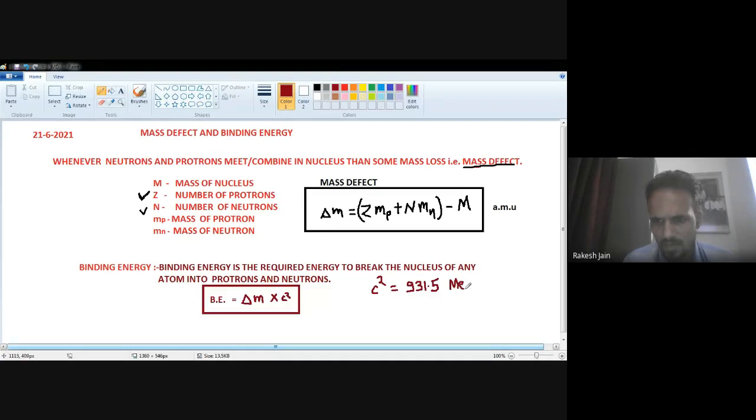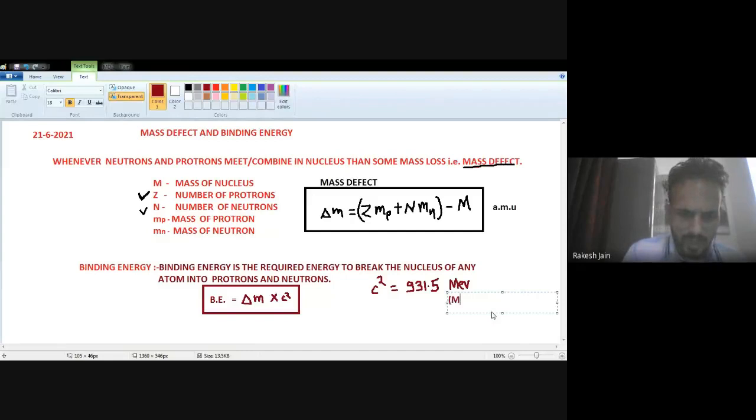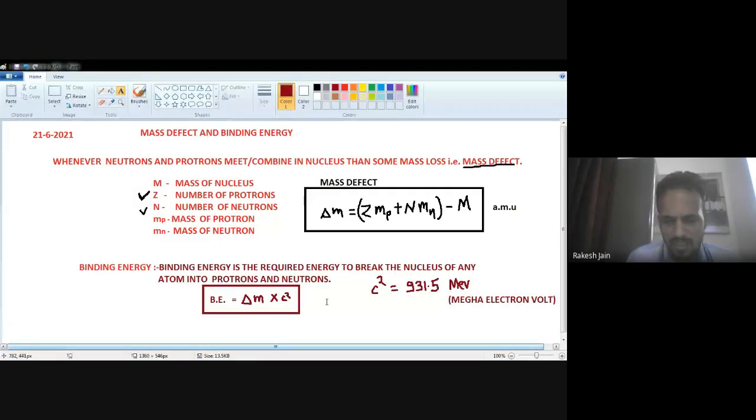I just write down the pronunciation for this MeV, that is mega electron volt. So when we put the value of this C square over there, then the binding energy